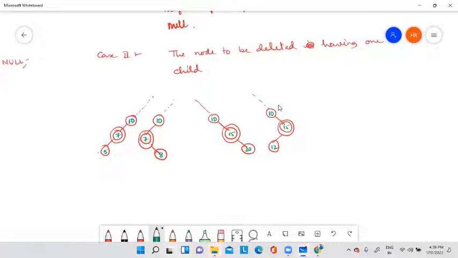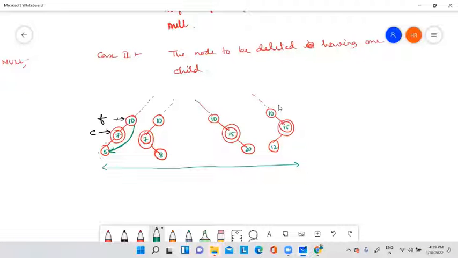This is the one child. This is the node to be deleted. Then where will my pointers stop? C will stop at this position and my F will stop at this position. Okay, now see what we have to do. We have to link these two. If we delete this one, then you have to link these two. This linking is very difficult because there are 4 different cases. We don't have any idea which case will be satisfied.